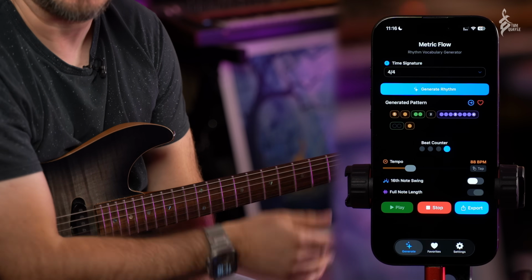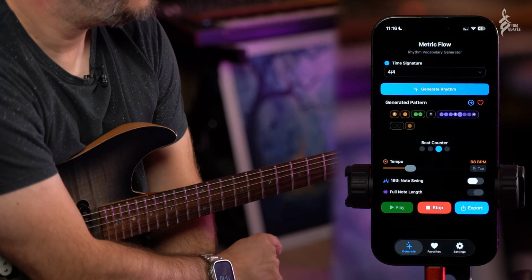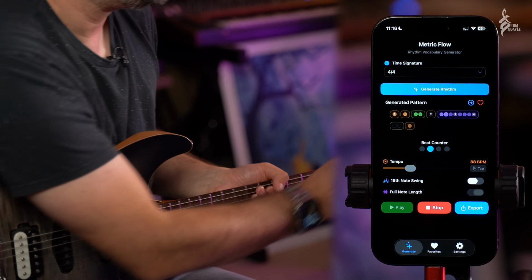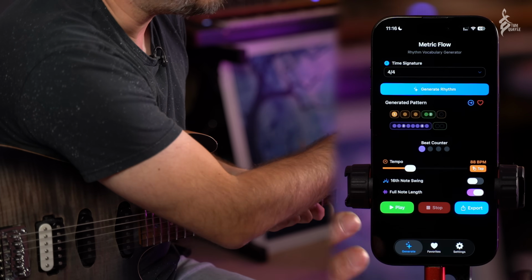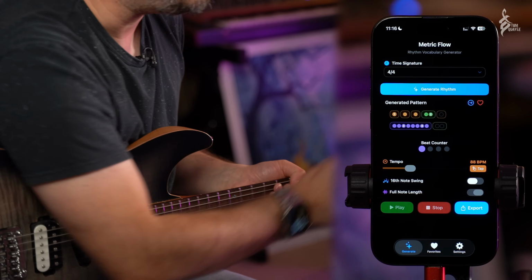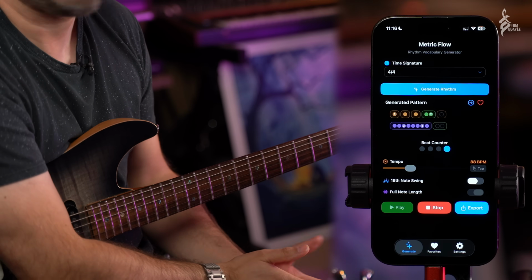So at the moment we've got this. You always hear the counting at the beginning. Let's cycle it round so we get that 16th note at the beginning. Now we've got this rhythm. It's the same groupings, but